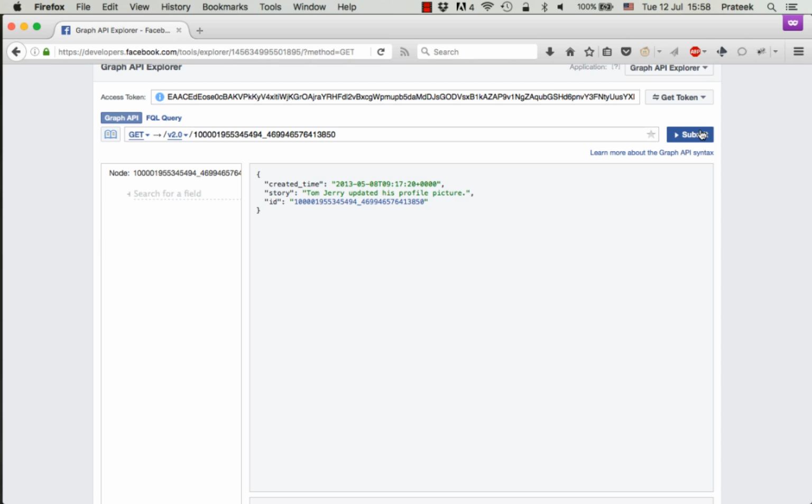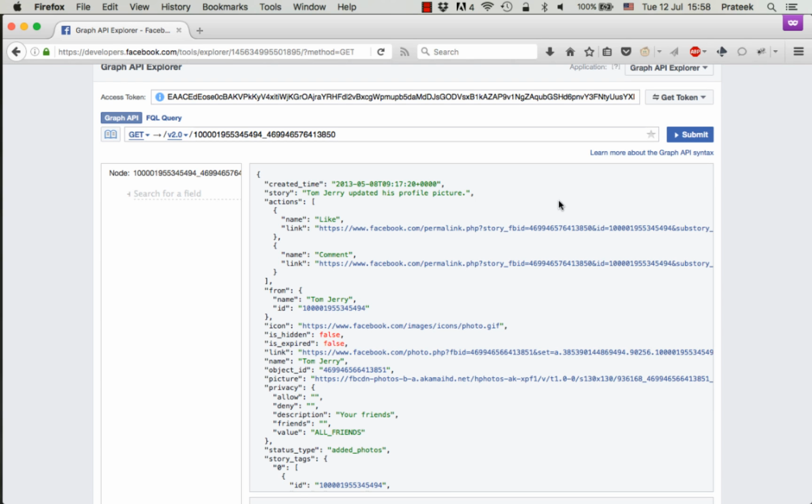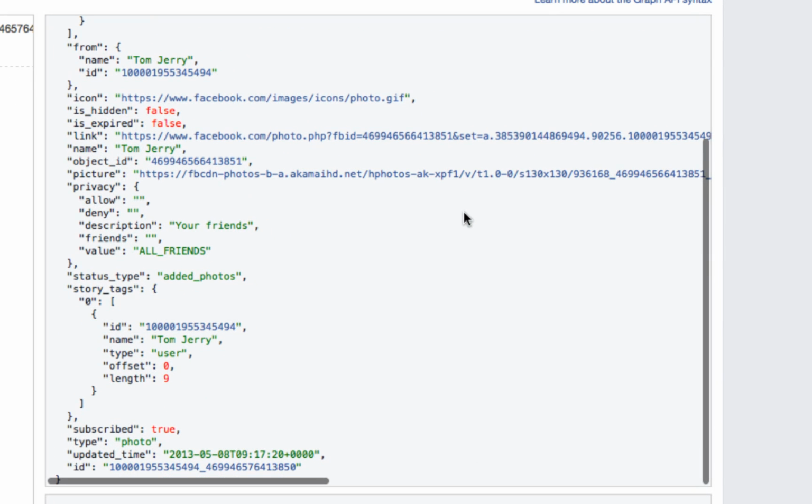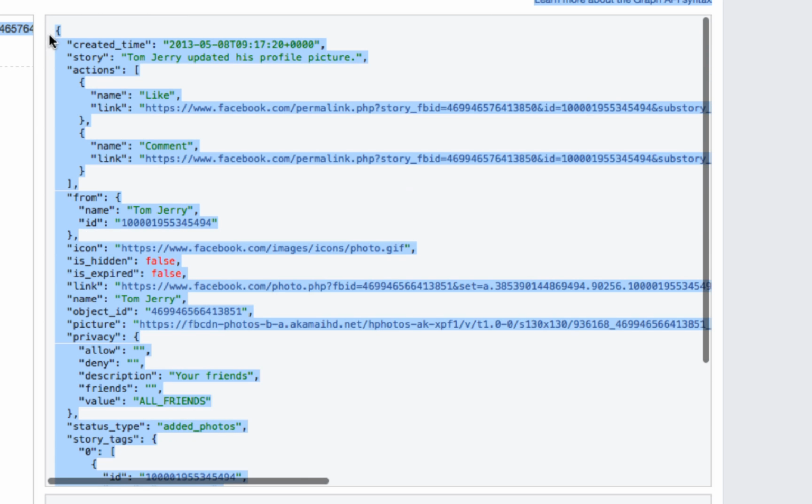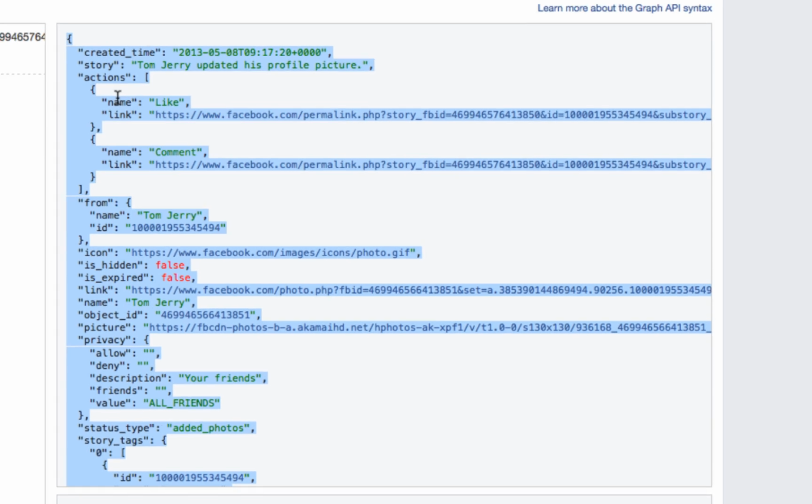Now the Graph API returns data in a JSON format, which is JavaScript object notation format, comprising of multiple curly brackets and square brackets. This JSON format can be hard to read sometimes. So to make it easier to read and understand, just copy this entire response and make sure you don't miss the starting or the ending brackets. That just destroys the entire format of the data. So you select this, copy it,